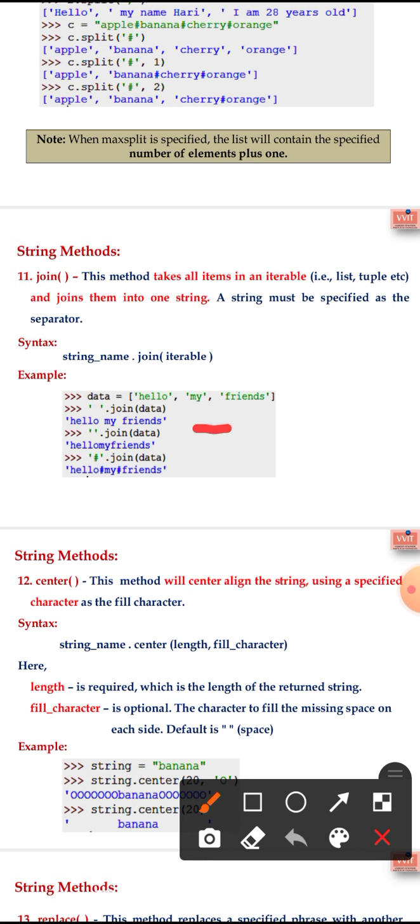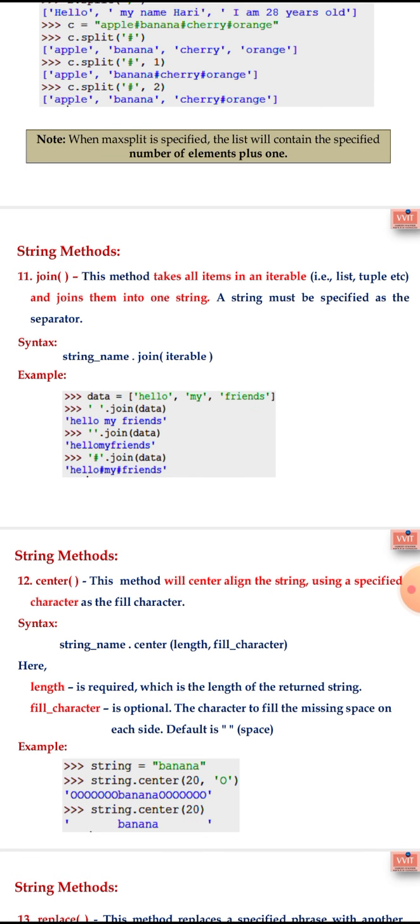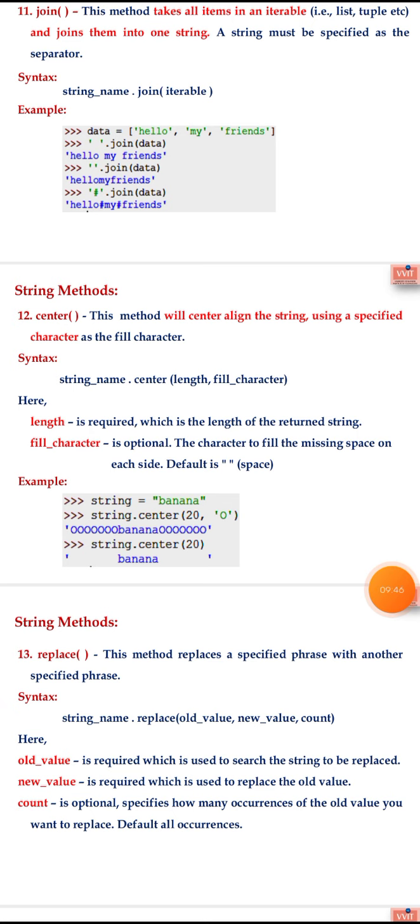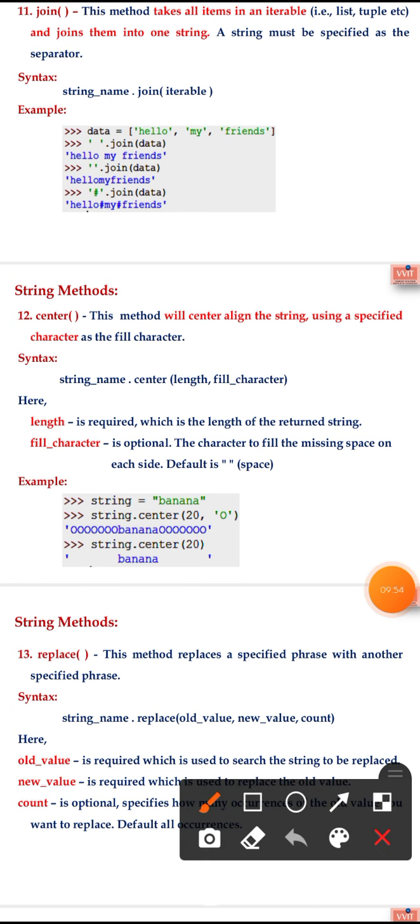Now the 12th one is center. The center is a method which aligns the string using a specific character as a fill character. Example, string is equals to banana. In this, center 20, 0 brings output like this.